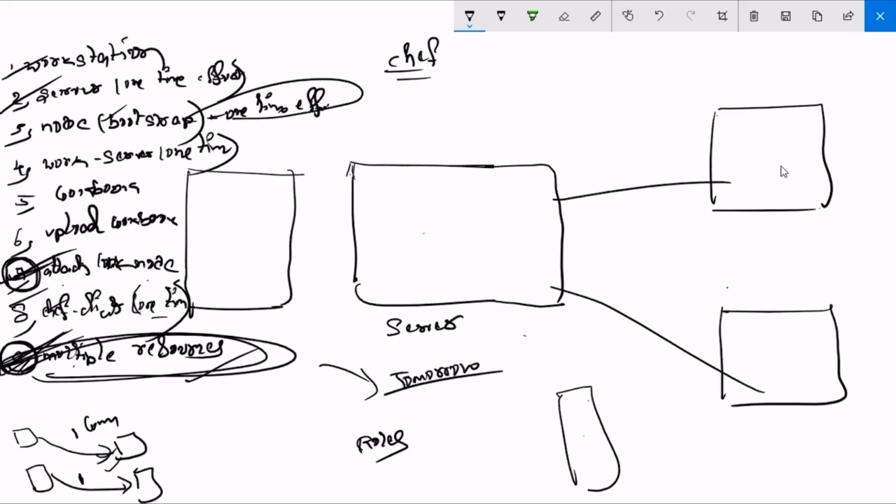The role is here, and the command knife node run list set, node name, and role name attaches the role to these nodes. What does set mean? That means we are attaching the role to this node. Oh, okay. Thank you.